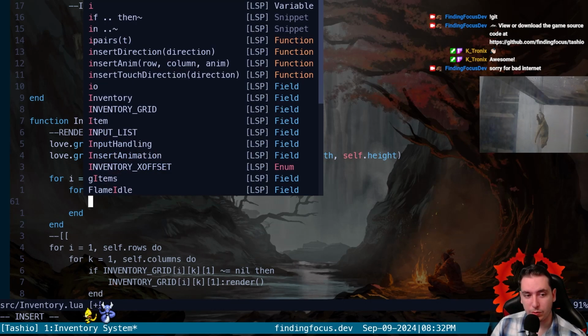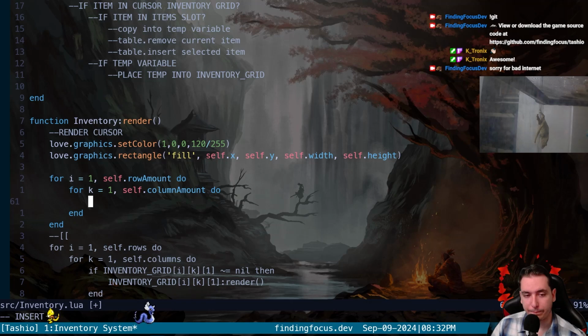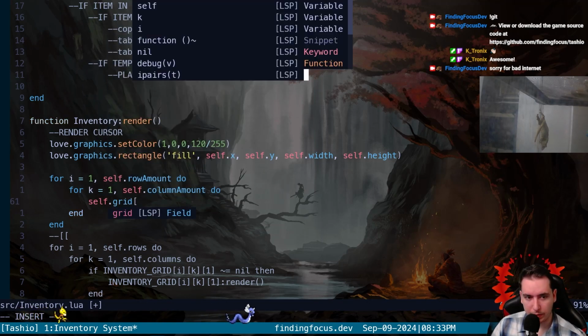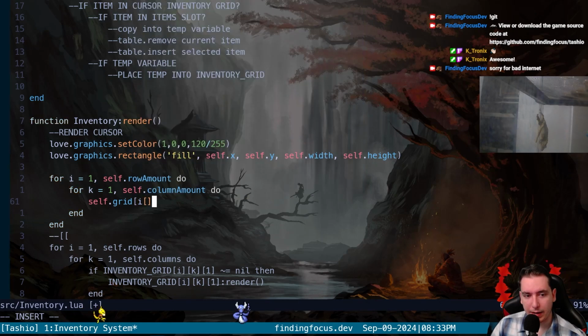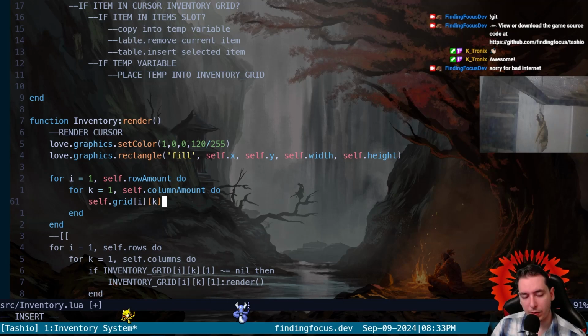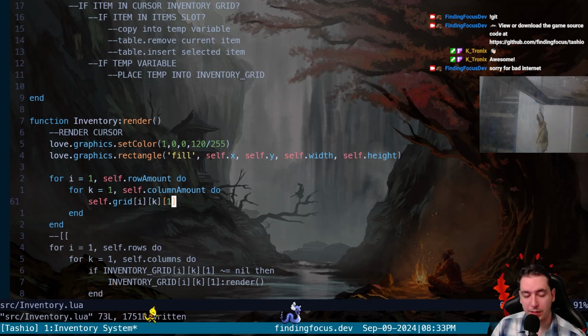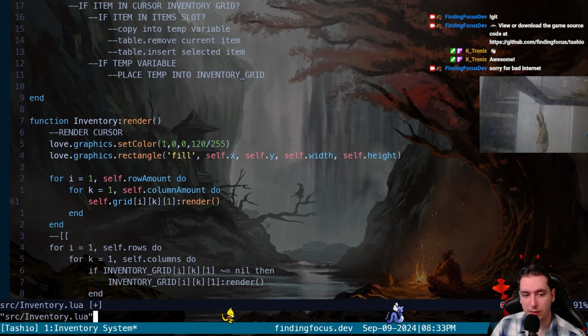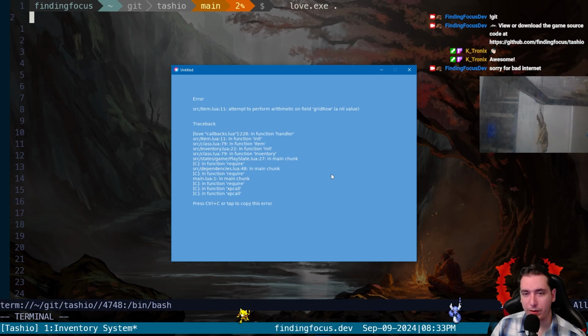We would want to then render the item that's in our grid, so self.grid at i, k if it's not nil. So it would be at index 1, meaning the first item that's in there, the only item hopefully that's in there, we would go ahead and render it if it isn't nil. If we just try to run it now, it'll crash because grid